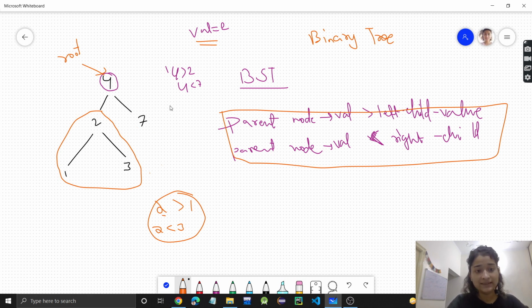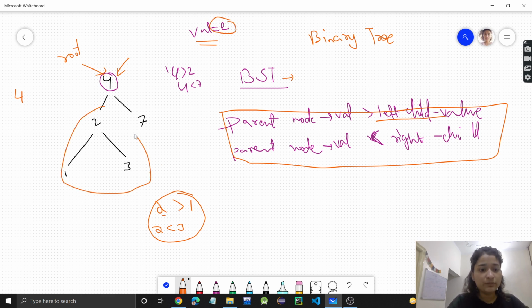But since this is not a binary tree, this is a binary search tree, meaning if 4 is the root value and if we have to search 2, right? So in a binary search tree, left value will be always less than the parent node value and parent node value will be always less than the right child value. So if parent value is 4 and we have to search 2, where will 2 be present?